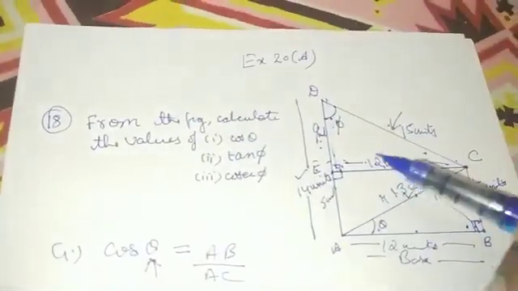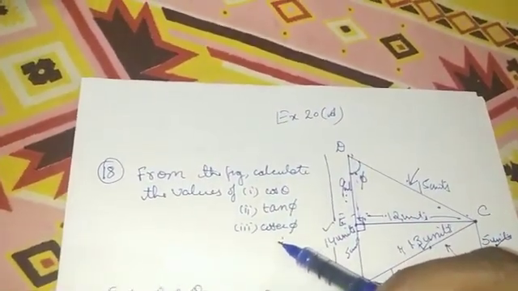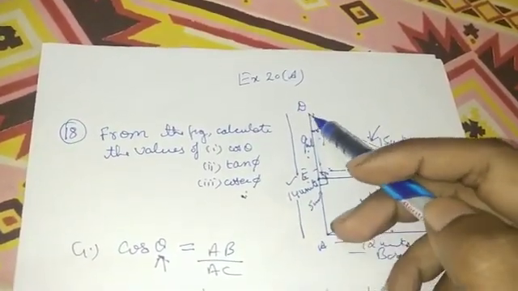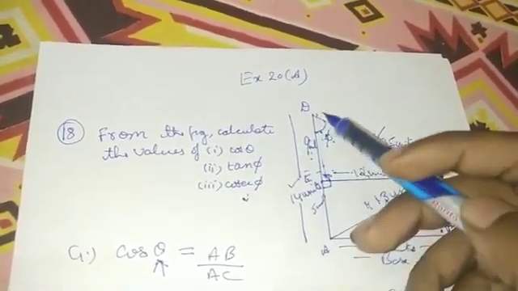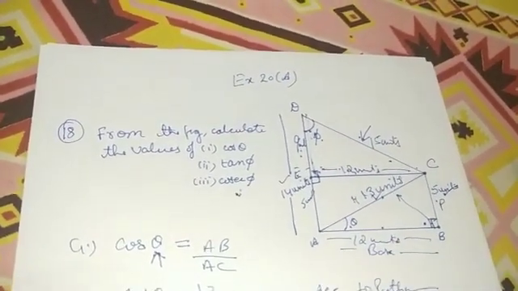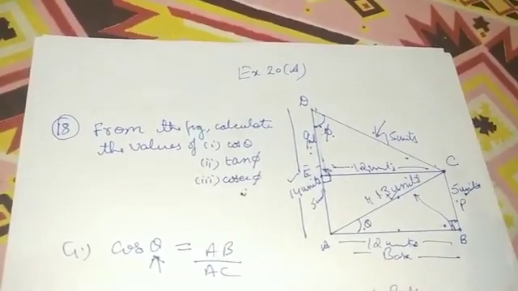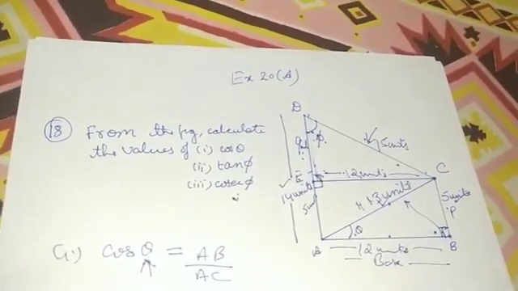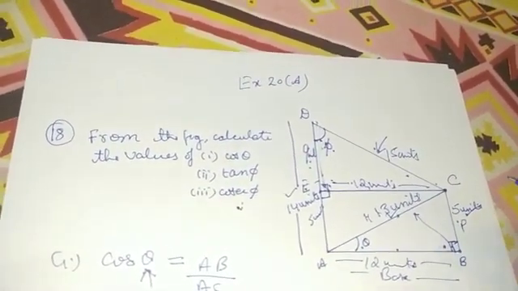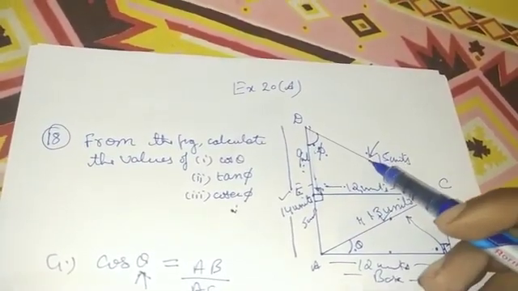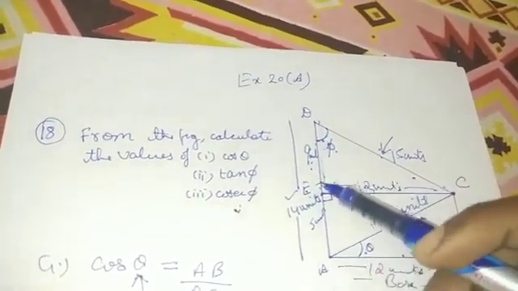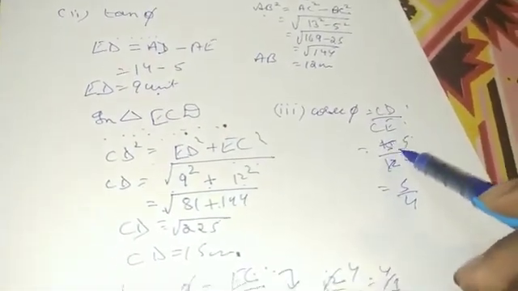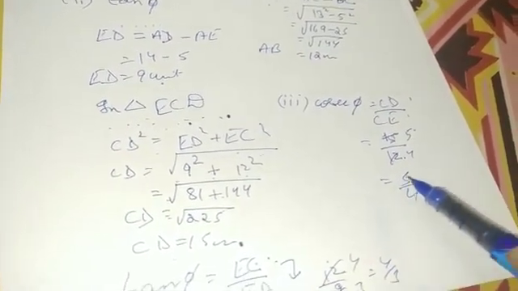Let's proceed. Now it says to calculate cosec phi. Cosec means hypotenuse upon perpendicular. Taking this triangle in which phi is existing, again this will form the base as 90 and phi are present. You should try speaking while calculating all these ratios, so that you may eventually develop a habit of knowing which particular side will be the base, perpendicular and hypotenuse. So cosec means hypotenuse upon perpendicular, this will be the base as 90 and phi are present, so that means it will be CD upon CE, 15 units upon 12 units, simplify them, so this is what we are going to obtain.